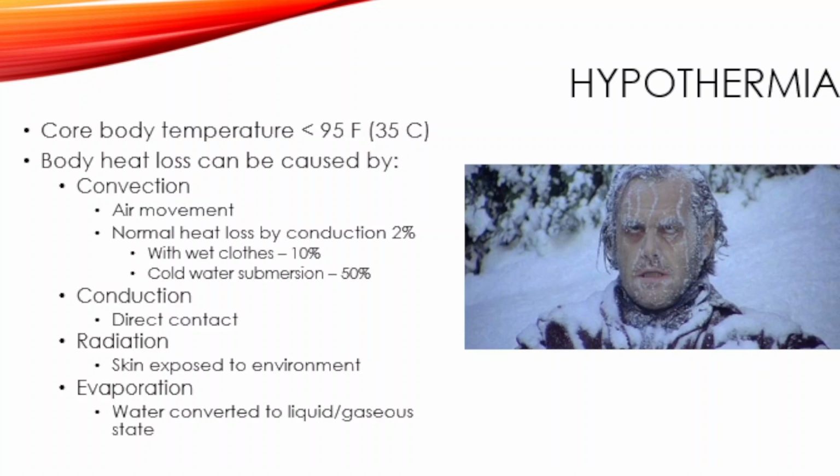I should be having those little bullet points below conduction. I apologize. This is where, like I said, with direct contact,